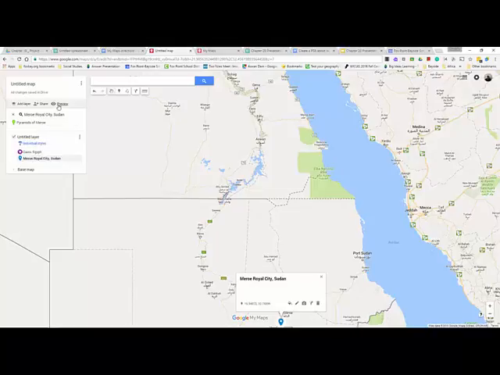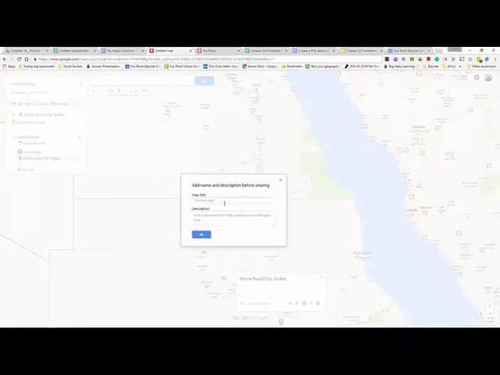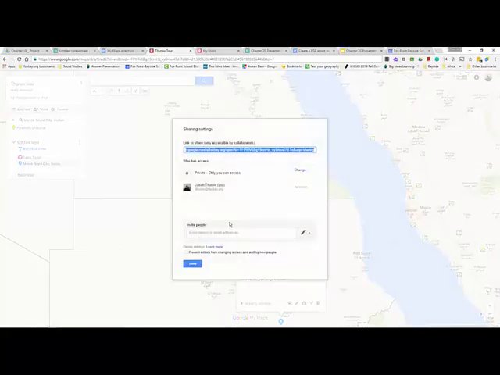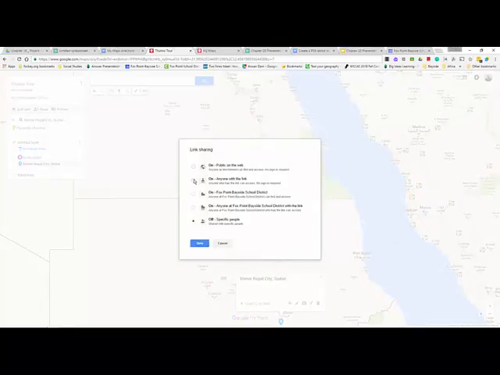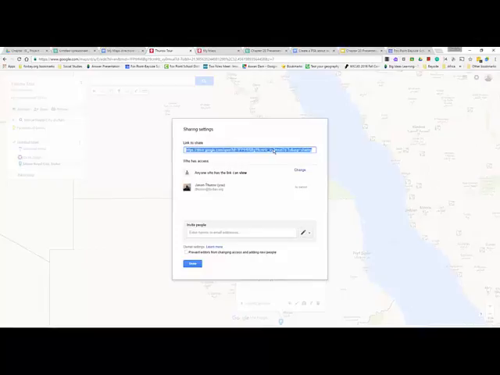Now to share it, this is an important thing. So I'm going to go through here and hit share. And I will do the map title. You have to fill out this stuff, so I'll say a thorough tour. And you have to give it a little description. It's really awesome. And I'll hit OK. And now that I have that, this is where I can change things. So I'm going to go to change, and I'm going to say anyone with a link can view. And I'll hit save. And then I will copy this URL,